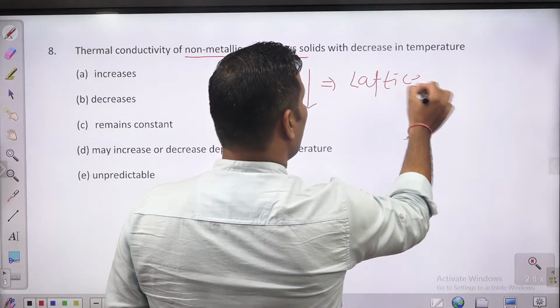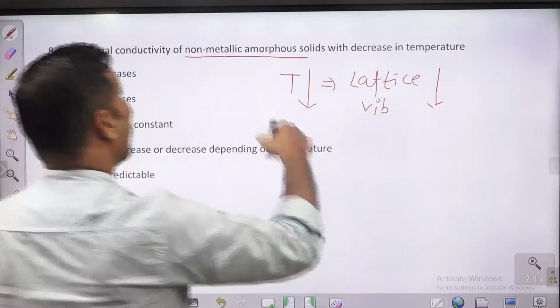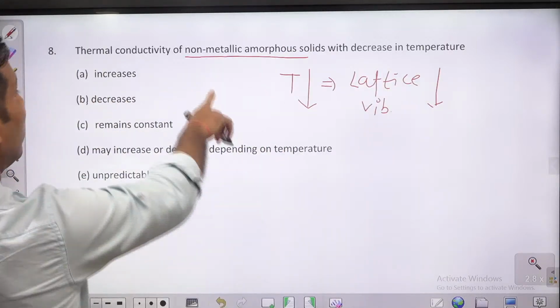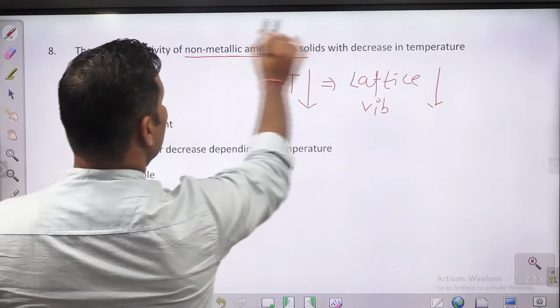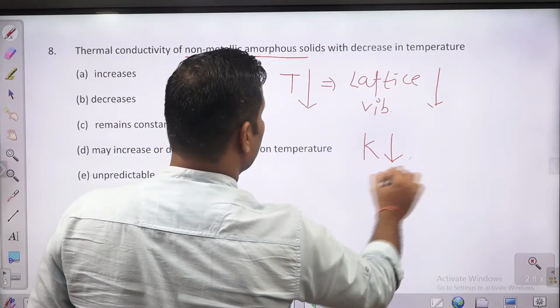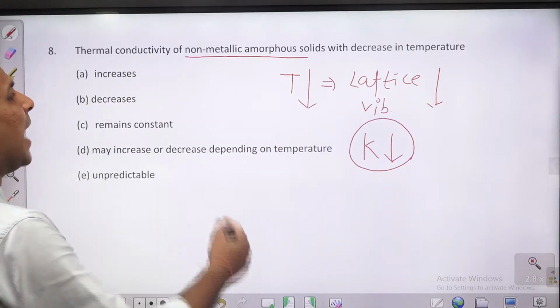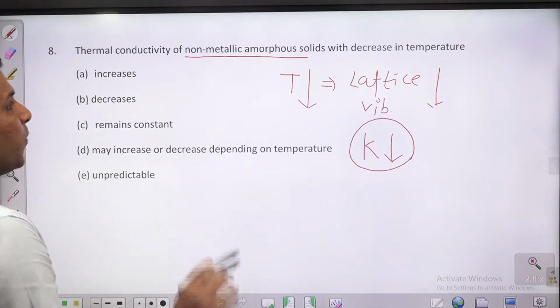Lattice vibration भी क्या होगा बच्चों? That will also be less. Low temperature पे less होगा, high temperature पे high होगा. So when you are decreasing the temperature of a non-metallic amorphous solid, the conductivity is also going to decrease. So non-metallic amorphous solid like glass, they are having high conductivity at high temperature,